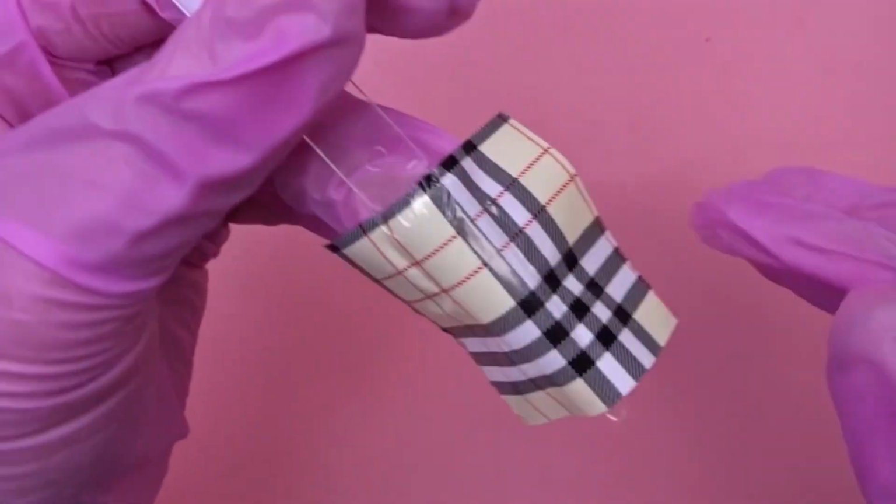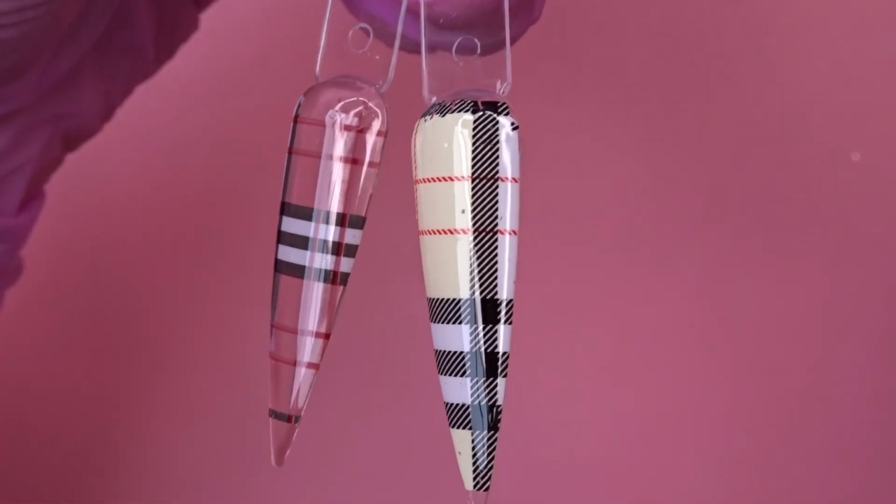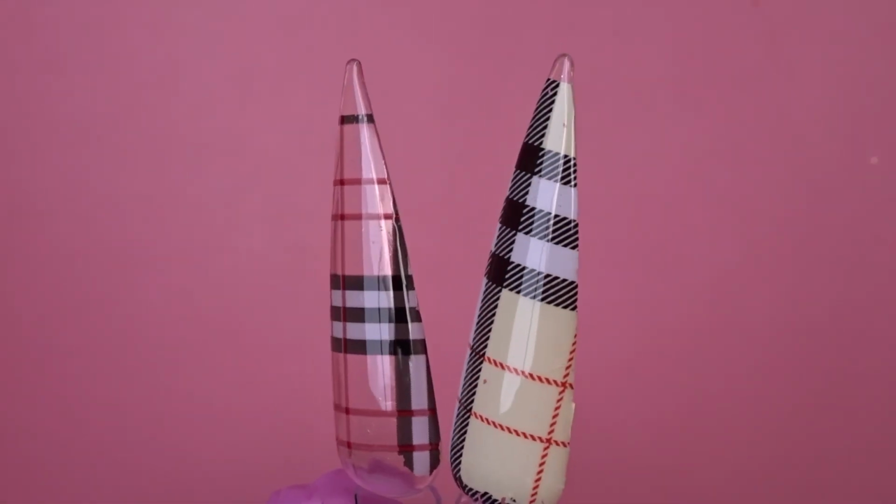And this is what I'm left with. As you can see, both of them look really good. On the one on the right side, there's just a tiny little dot that is missing, but other than that,